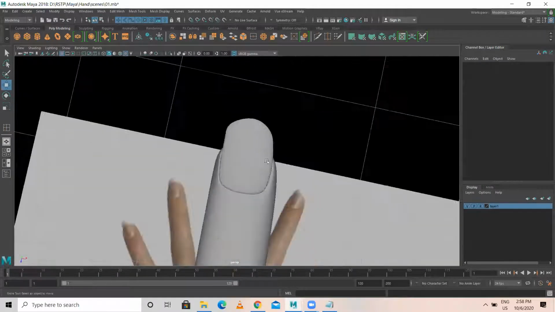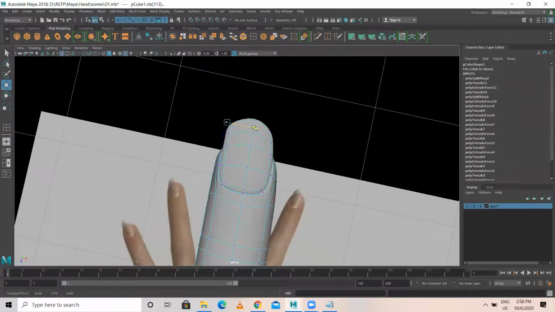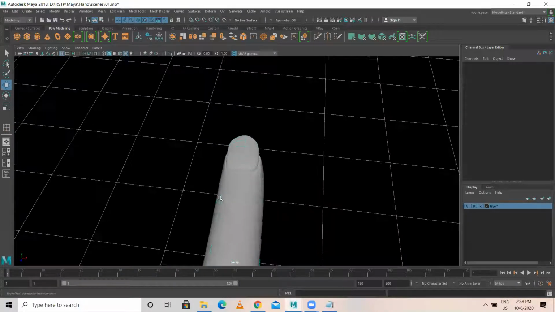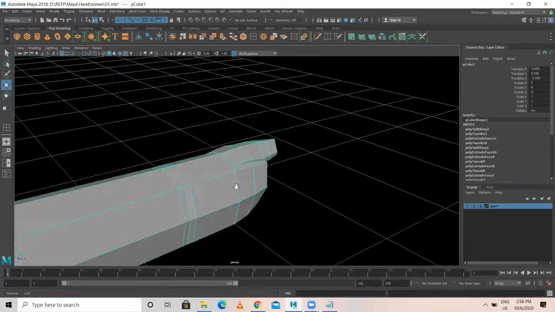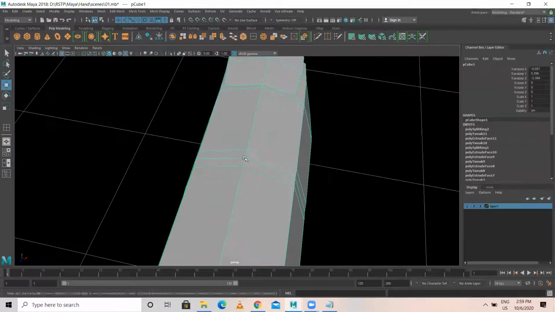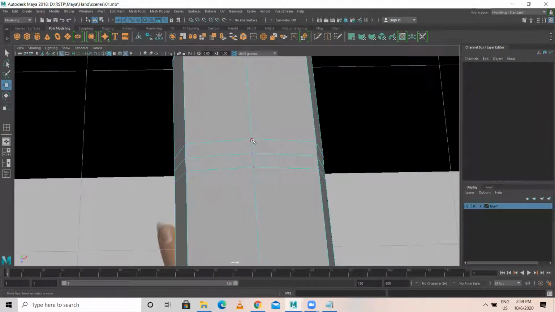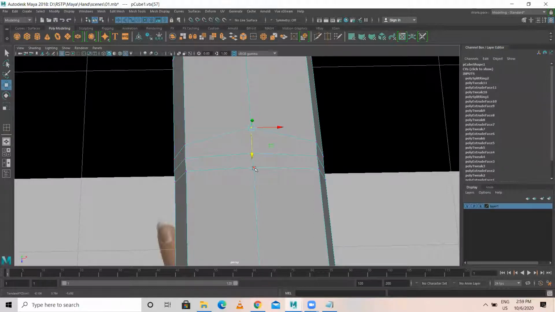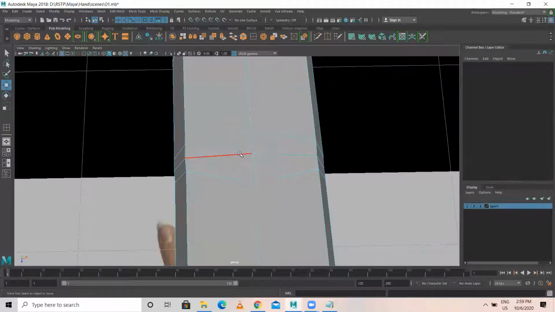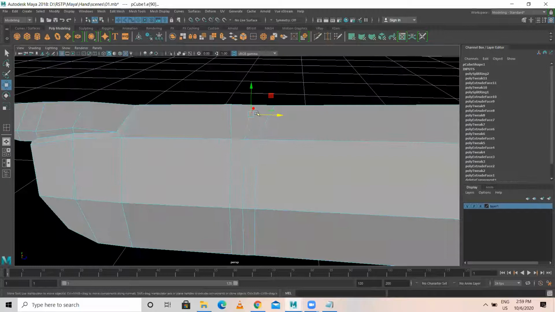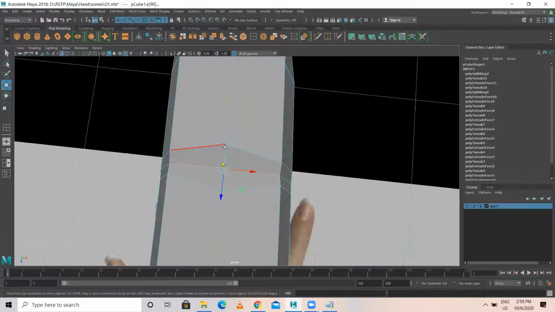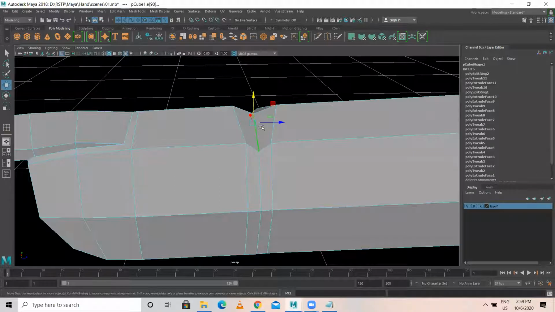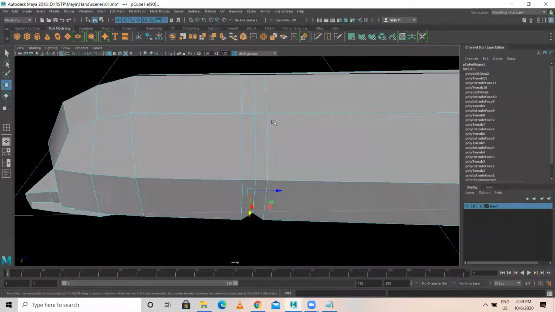Okay, any doubt? No, sir. Okay, now let's come to this particular point, the knuckle point. So here, this vertex has to go like this, and this vertex has to be something like this. This and this, we should pull it inside. Understood? The vertex here and here, this vertex should spread, and the middle two edges we should push inside. Let's come to the bottom of this.